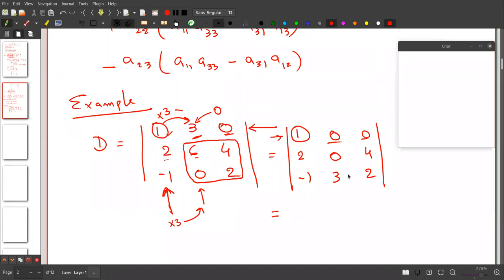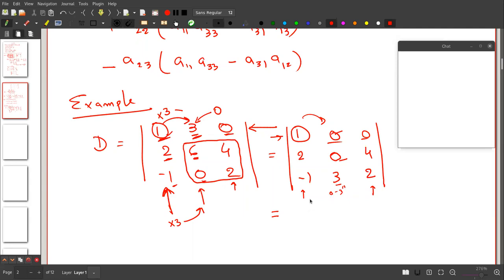Okay, so there is no operation in the third column, so I wrote third column as it is. I wrote first column as it is also because I am not multiplying anything and putting it in the first column. What I'm doing, I'm multiplying with 3 in the first column and subtracting it into the second one. So if I multiply 1 by 3 and subtract it into the 3, what will I get? 0. If I multiply 3 into 2 and then subtract into 6, what will I get? 0. If I multiply 3 into minus 1 and subtract it into 0, what will I get? 0 minus 3 equals to 3.